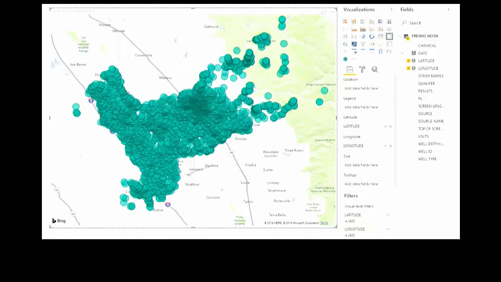The first thing I do is pull in the latitude, longitude, and find out where all of the wells are.